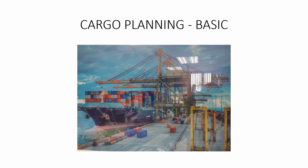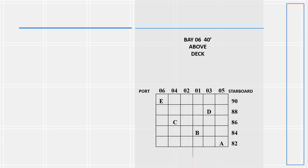First, we will look at how tiers above deck are numbered. Since the rows are the same except for the rows on both the port and the starboard wings above deck. Now let us look at this basic 40-foot bay above deck again. As you can see, the numbering for the tier starts at 82, then 84,